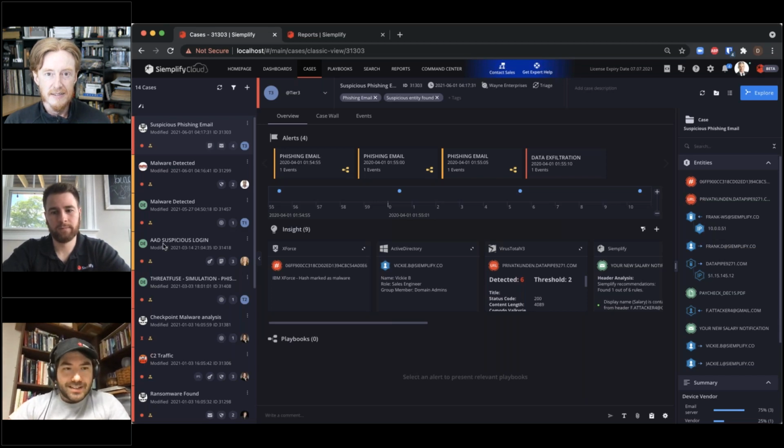And so as an analyst jumps into the case through the case queue over here on the left-hand side, you can filter this and sort it however you'd like. But as they jump into here, one of the things Simplify wanted to ensure is that we're presenting the analyst with as much information as possible so that they can make those decisions, understanding what's actually involved in this incident. Kind of like what was talked about earlier, we're augmenting